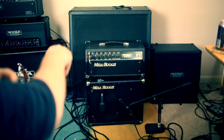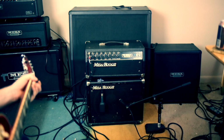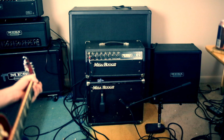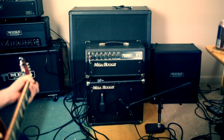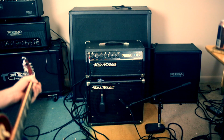So hello, this is a Purple Stripe 60 watt Mesa Boogie Mark III head, and it's a really cool amp, and I wanted to just give a little demo of this. Most of the Marks have a graphic equalizer. This one doesn't have one; the EQ is kind of an add-on. So you can get a 5-band graphic equalizer, but one of the things that's really cool about the Mark series